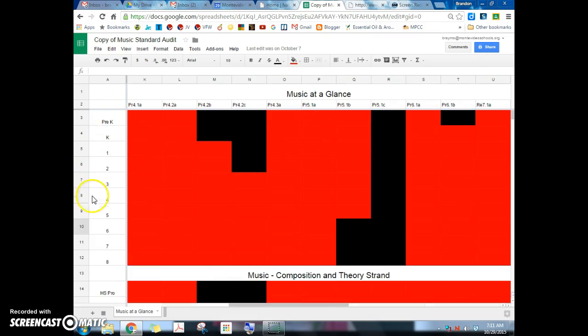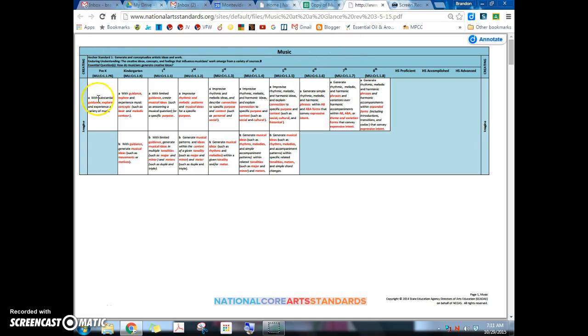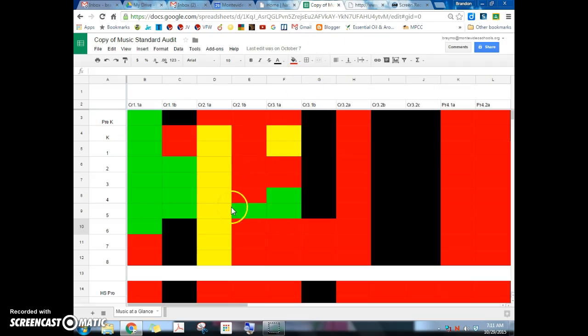You have your grade levels on the left hand side, you have your standard number on the top, which is actually opposite of what this document looks like, but it's done this way for a couple reasons. Because when we look at standards, we call horizontal alignment looking throughout your grade level. So kindergarten, you could see all of kindergarten going horizontally, and so we didn't want to mix up that verbiage,